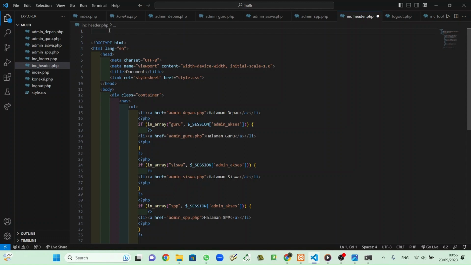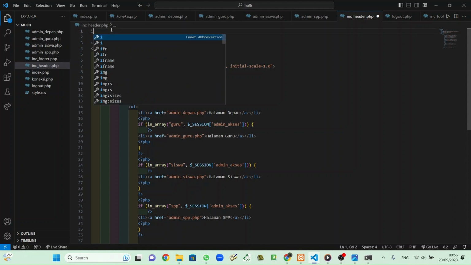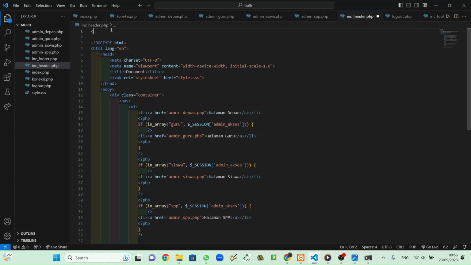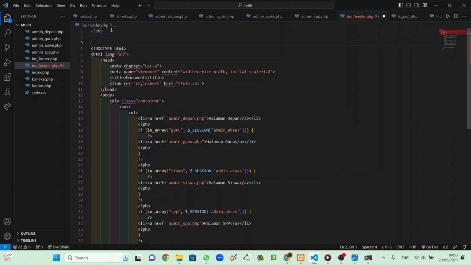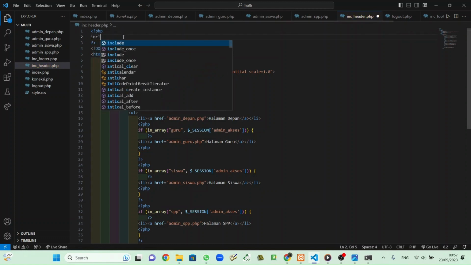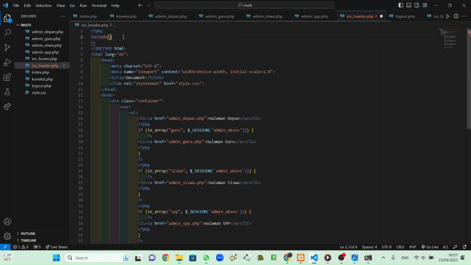So just type here with PHP include connection dot php. Put close here, save,